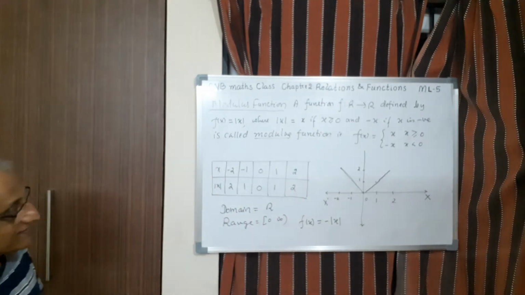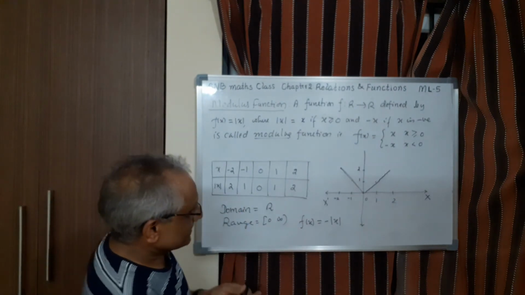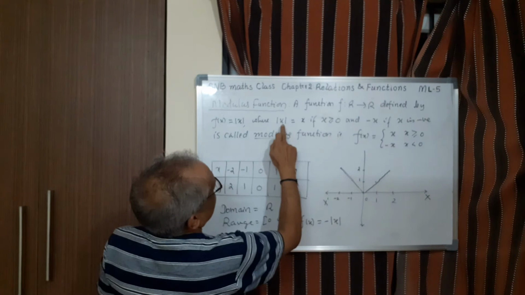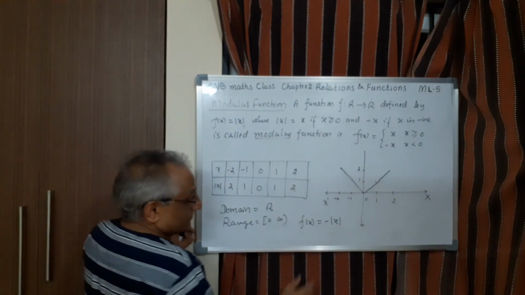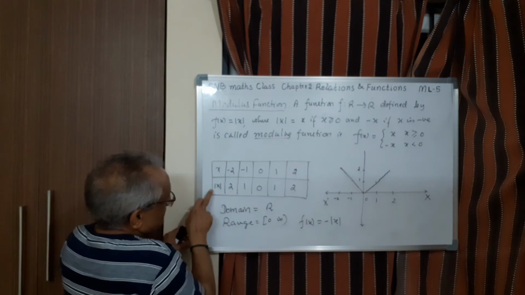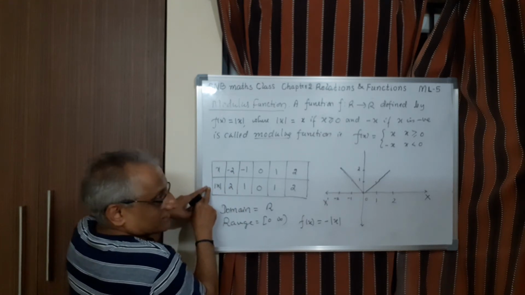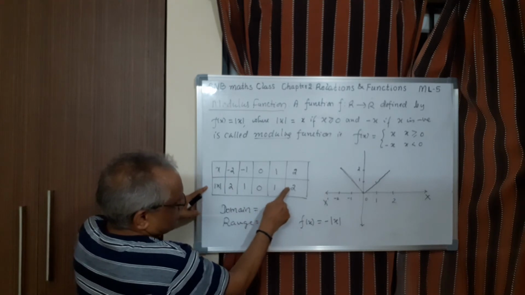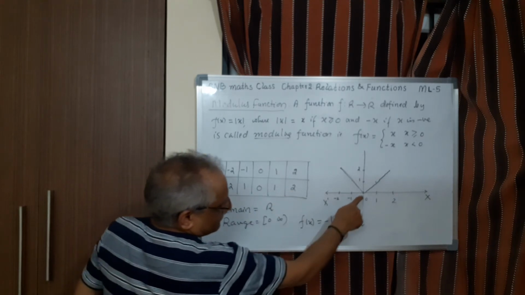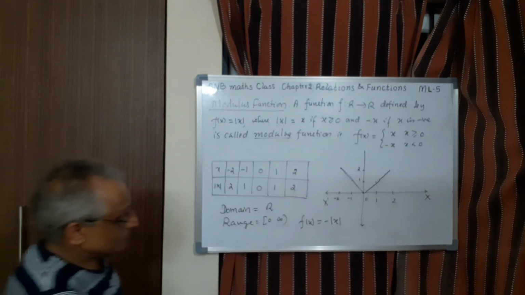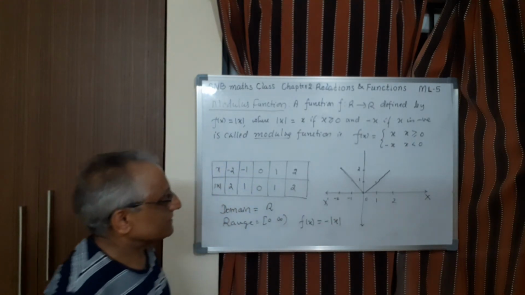So this is another question. What happens is, this is always negative. See, this is always positive. If you take mod x, it is always positive. If you take minus mod x, here what happens is, same function only, but it is minus here. So what happens? This becomes minus, this becomes minus, this becomes minus, this becomes minus. Exactly, the curve will be like this. So that is the f of x equal to minus mod x function.